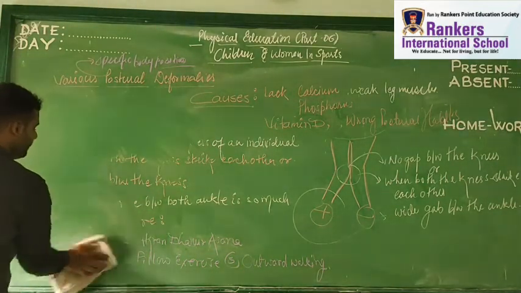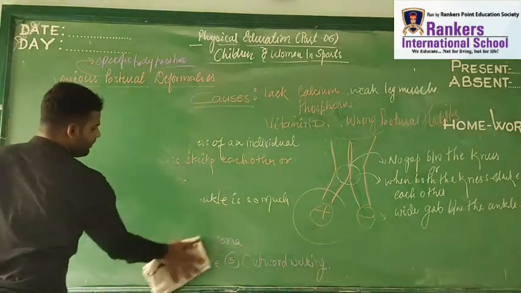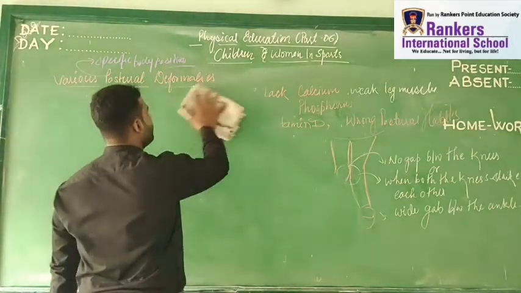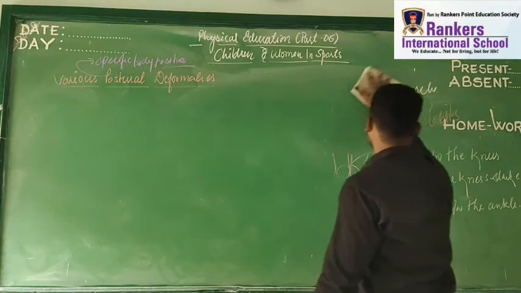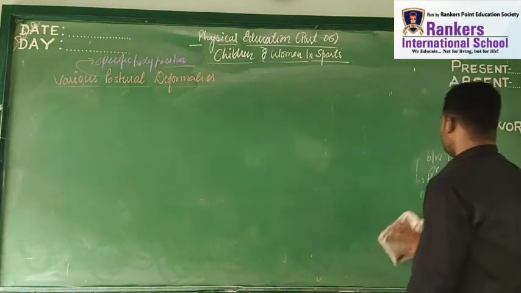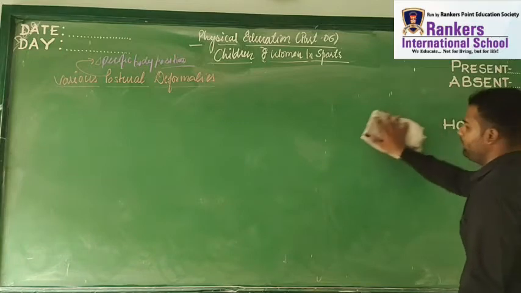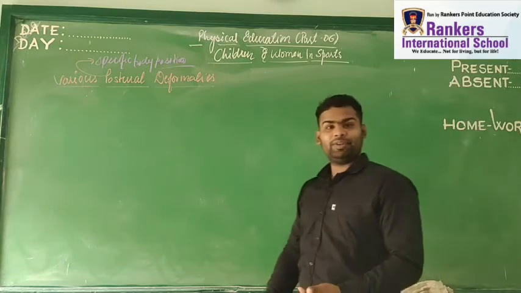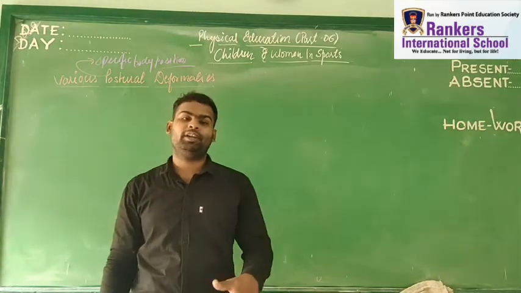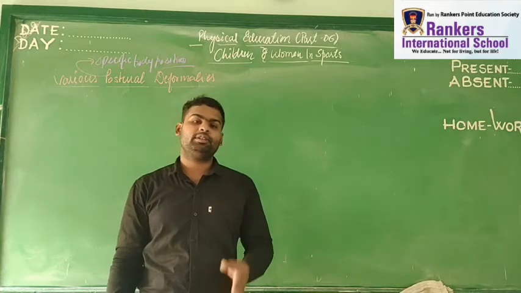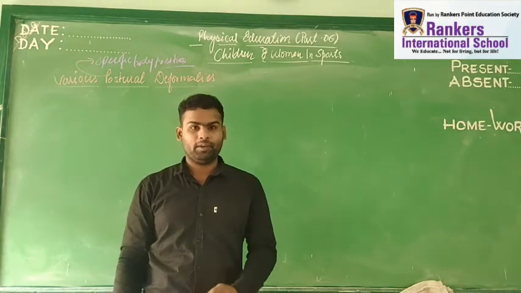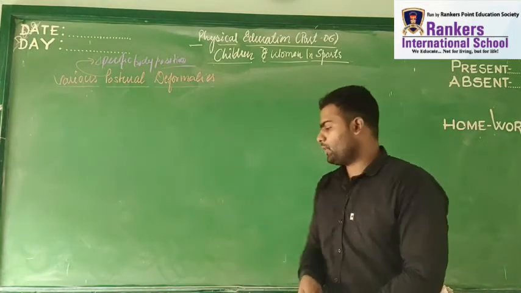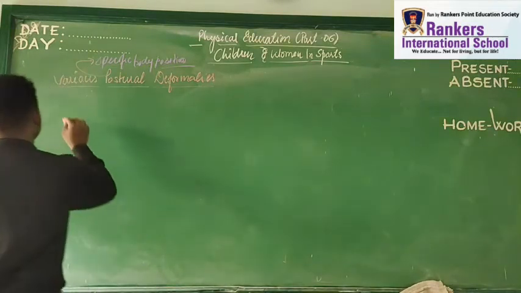First thing we have cleared, and I hope you all have understood properly what we started today. We studied knock knee, and I hope you all have understood what knock knee is exactly, what the causes of knock knee are, and what the corrective measures are. See, physical education is not only a part of school, not only a way for a person to come and study and play games on a regular basis. Physical education is a scientific study of the human body, which leads him into a healthier, happier and harmonious life. Right? So the next topic that we are going to learn is bow legs.